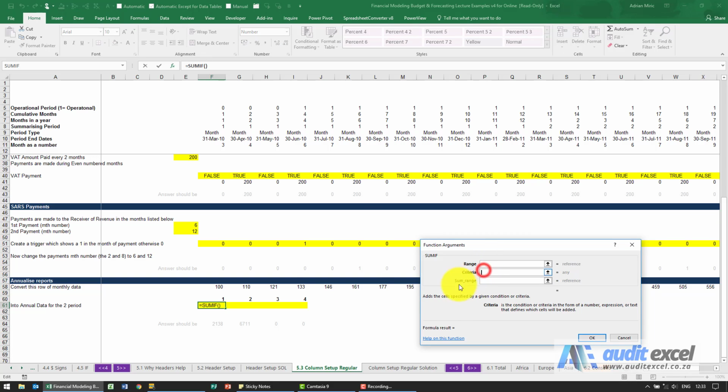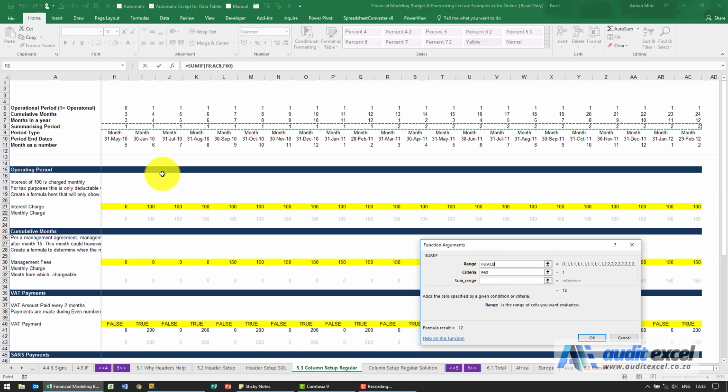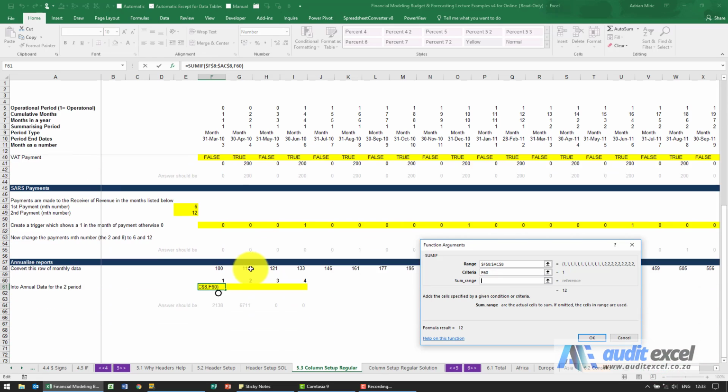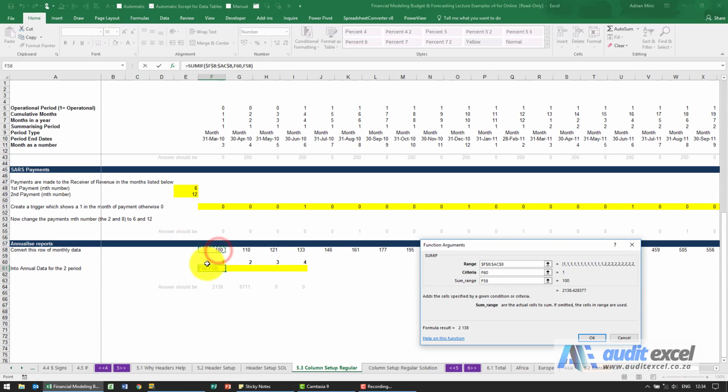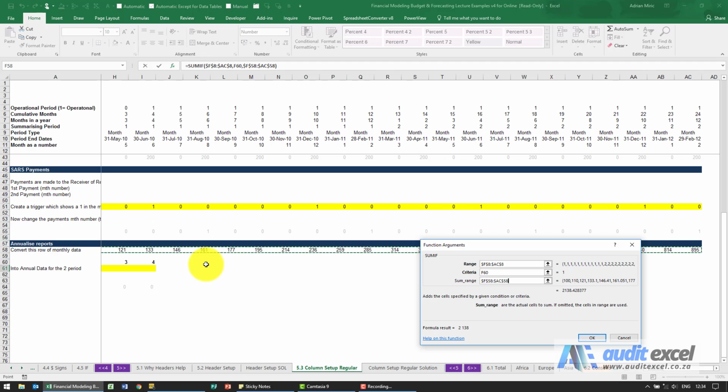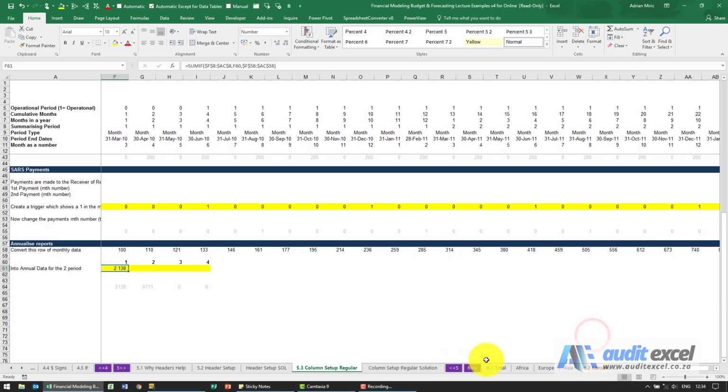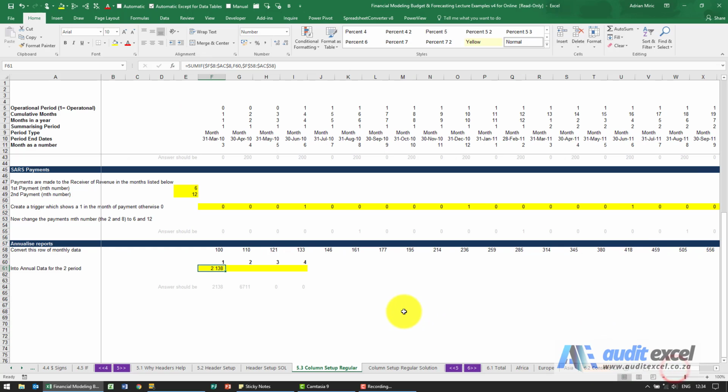I'm going to tell Excel, please look at whatever year you want to add. Compare it to our header over here. I'm going to put dollar signs on. And now Excel needs to know if it finds a match, what must it add up? We're going to say add up whatever's there. When I say OK, it gives me a number. More importantly, I can copy it across and I get numbers like this. So that's quite useful. It saves you a lot of time,